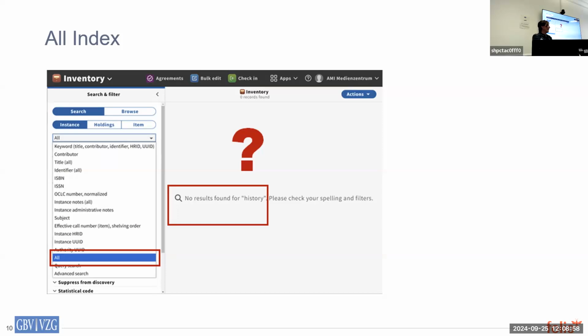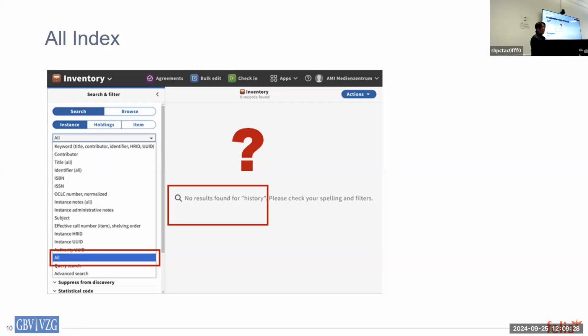The authority UUID search does retrieve an instance record if you have linked it to an authority. It is tested in the process. And then it is useful for some others. Who wants to copy a UUID? No. For now, it's the only way to get an exact match on contributor, and if you have a common name like John Smith,